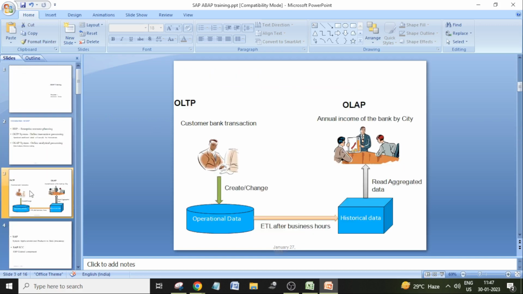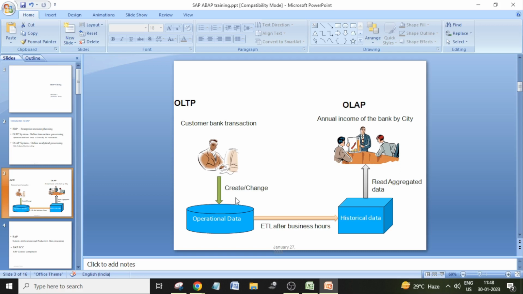Now come back to our ETL process. I told you every day after business hours, we are going to load all the data created in OLTP systems to the OLAP system, right? What type of data might be created in the OLTP system? They might create some master data records also, right? For new customers, new account numbers, and their corresponding transaction records also. Now tell me, what type of data do they have to move first to the OLAP system? Is it master data or transactional data? First, they have to move master data to the OLAP system,